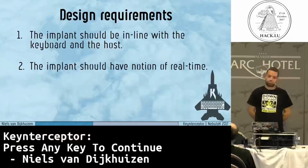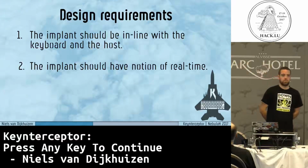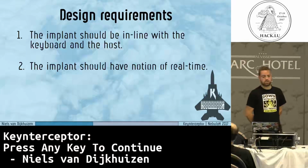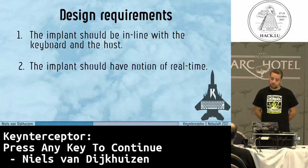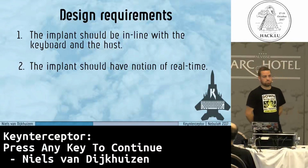Well, the implant should be in line with the keyboard and the host. This way, I don't have to deal with the re-enumeration. I can do credential sniffing. I can monitor the activity of the user. The second one is the implant should have a notion of real time, and this allows for programming of the attack time frame,